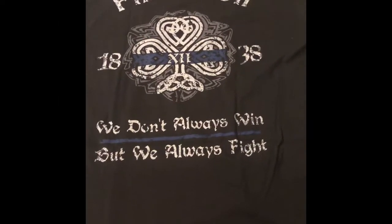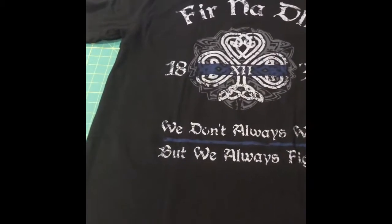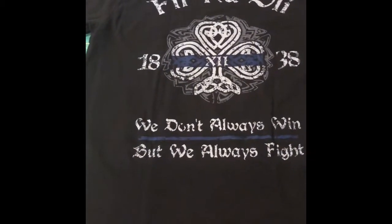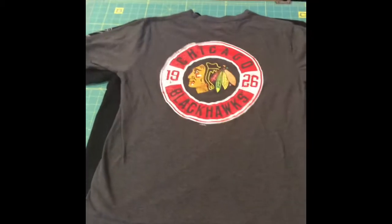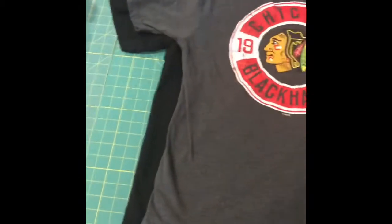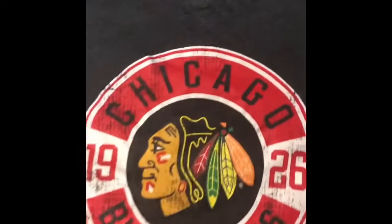Congratulations, you found a t-shirt that you really like. However, it is way too big for you, either completely or just in small parts. So find a t-shirt that fits you the way you want it to and cut it down to that size. Best thing to do, match your collars up